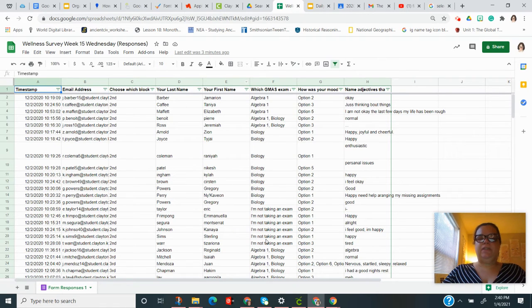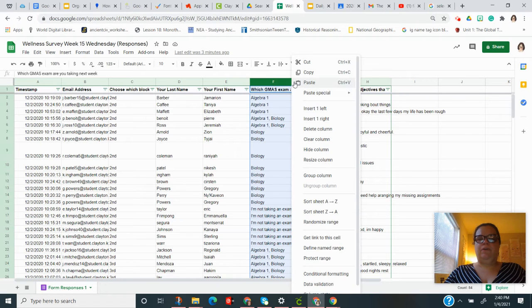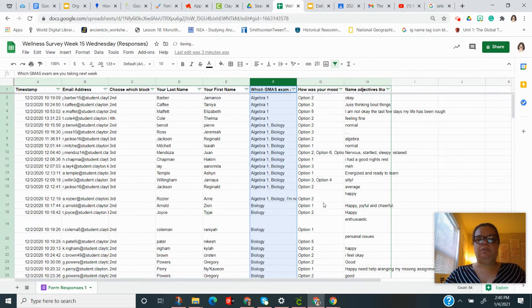So I find a column where I asked them to choose if they were taking Algebra 1, biology, or not taking an exam for the end of semester. And I click on this drop-down arrow in the column and I find the A through Z sort because I know, even if it just said science instead of biology, I know it's a little further down. So I have,